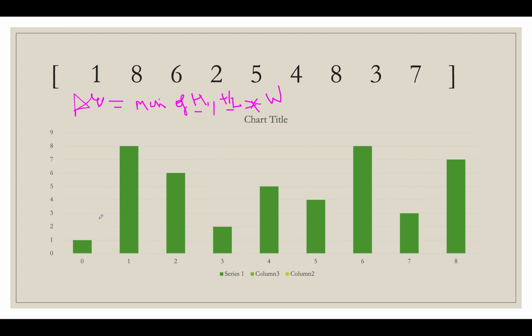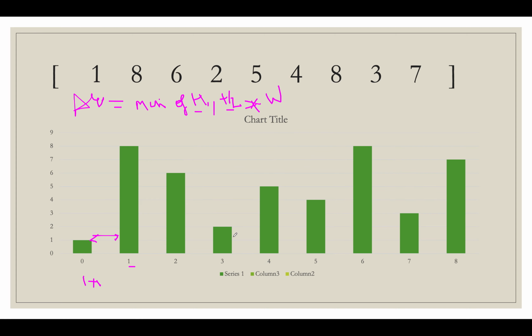For example, the water contained between these two walls would be minimum of 8 and 1, which is 1, into the difference between the indexes, 1 minus 0, so 1 into 1. So this gives the water contained between these two walls.